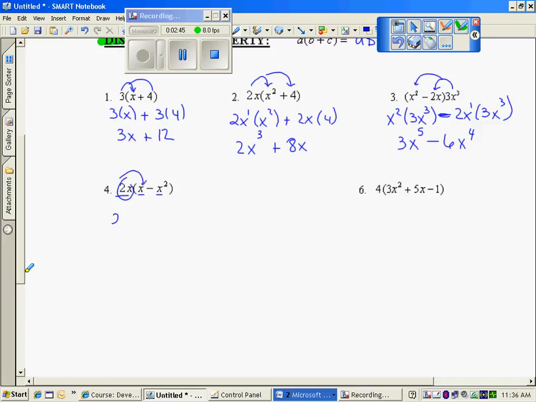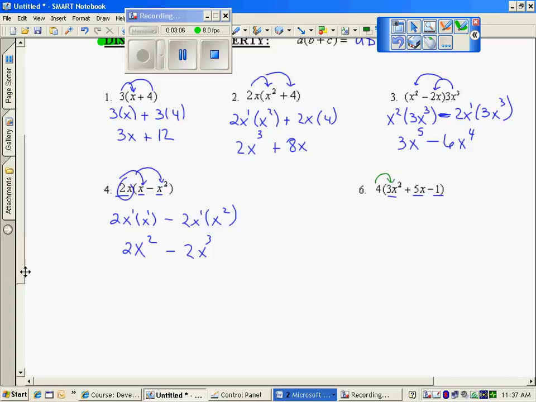2x times x, subtract 2x times x squared. Multiplying, keeping track of your exponents, there are 2 of them, and again keeping track of your exponents, there are now 3. And in the last problem, it doesn't matter how many terms you have in that parenthesis, that 4